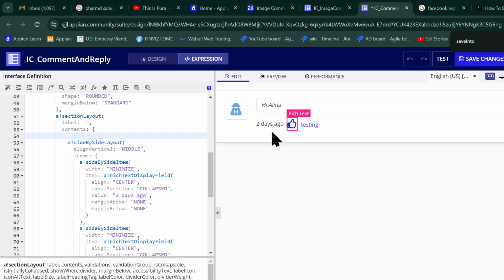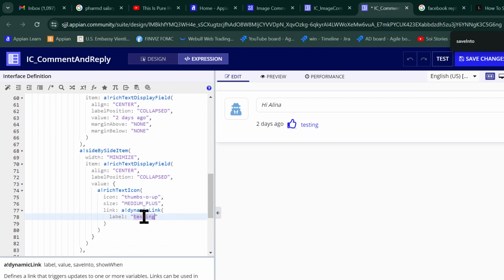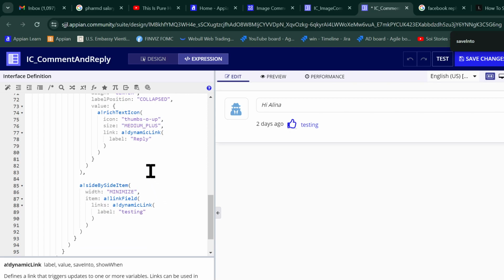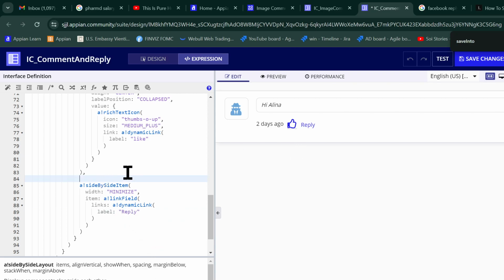So we kind of have something here. It's not entirely, we still have to, whenever I click on testing, or actually this is supposed to be the word reply. Whenever I click on reply, actually, you know what? Sorry about that. This is supposed to be reply. Okay. So we have this